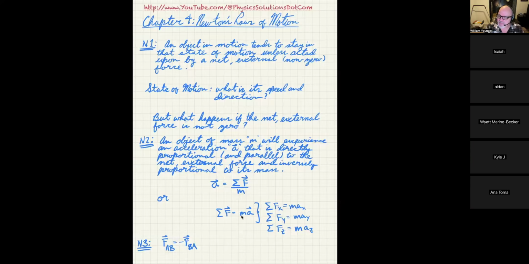So since mass is a positive quantity, the acceleration is always going to be parallel to the net external force. You don't expect, for instance, if someone pushes you backwards for you to fall to the left. Or if someone pushes you to the right, you don't expect to fall backwards, right? You could, because you could trip and stuff like that, but the main thing is that's not what the laws of physics tell us. Now, Newton's third law, and this is one of the laws that you could probably state